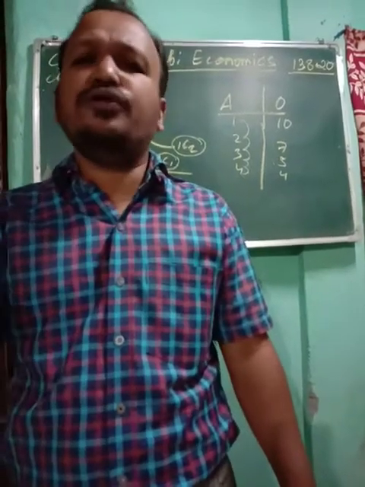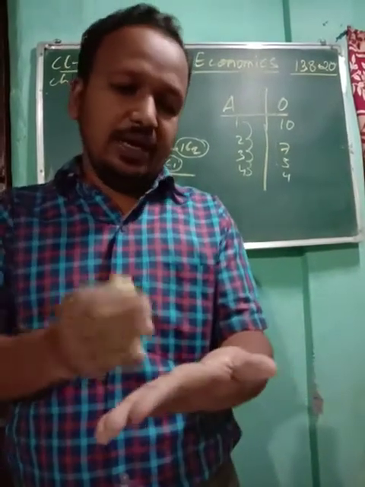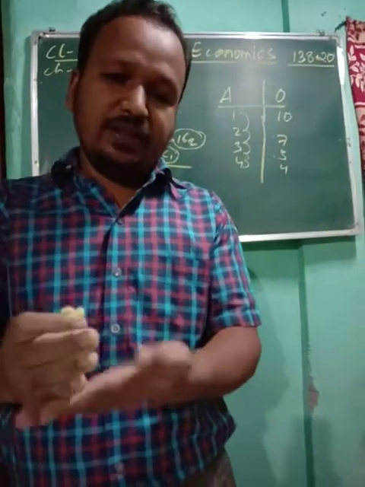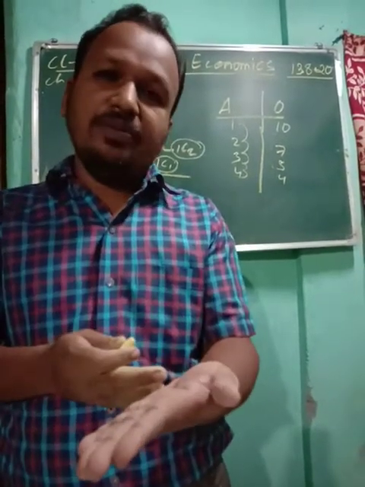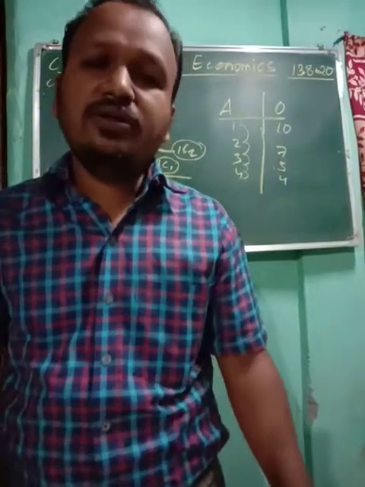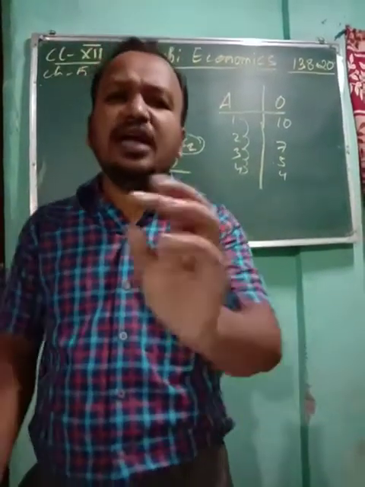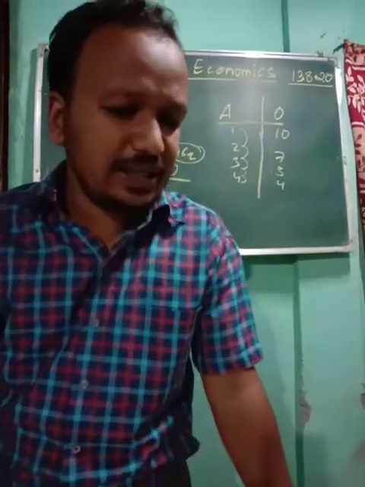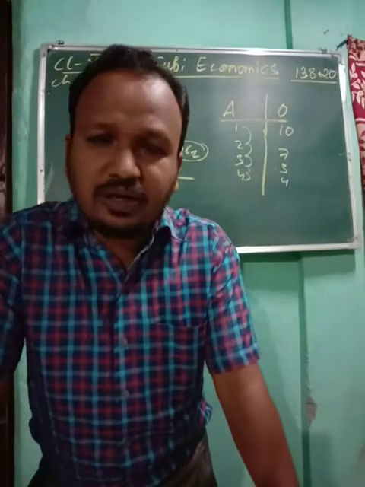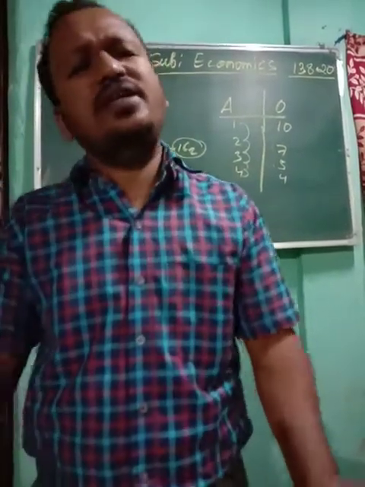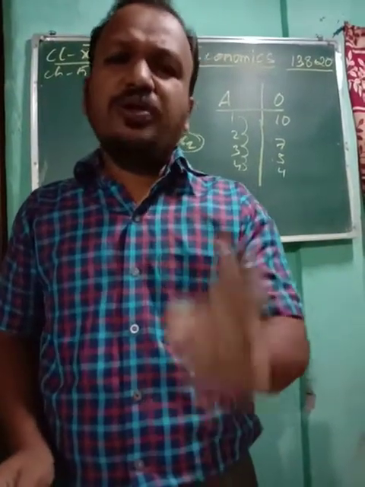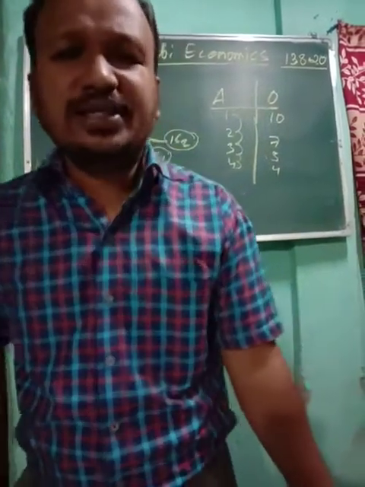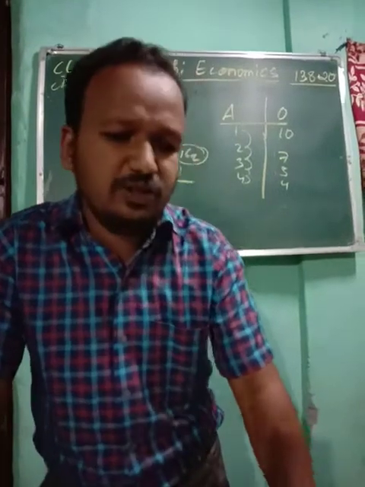Today when you go for shopping, you make a list. Today my budget is, say, income I have 1,000, and you see the prices of the commodities. According to that you make your budget. So when the income of a consumer is given and the prices of the commodities are given, various combinations arise. Here we cannot take many goods, we always consider two commodities. So when the prices of two commodities and the income of a consumer are given, we can prepare a budget. This definition you have to keep in mind.